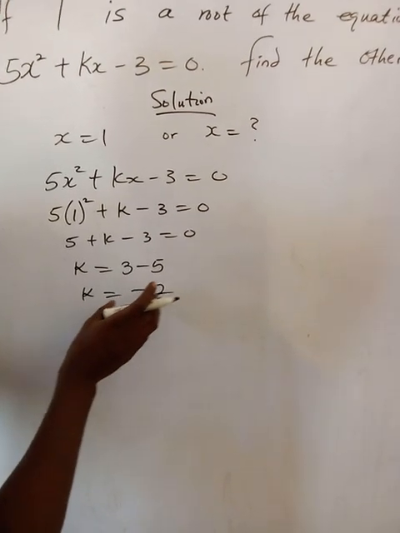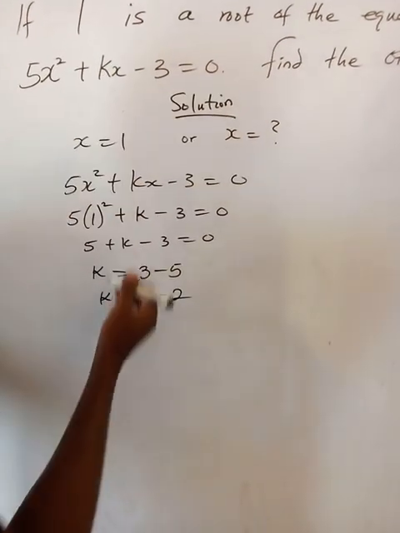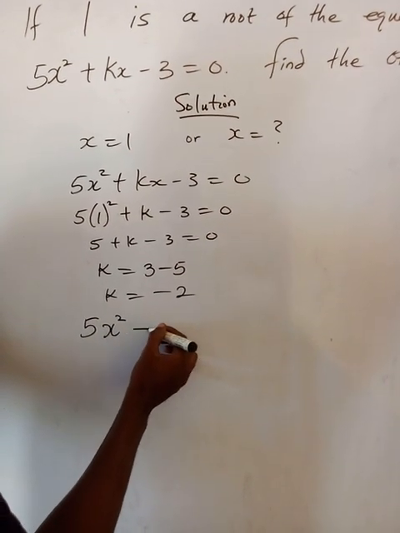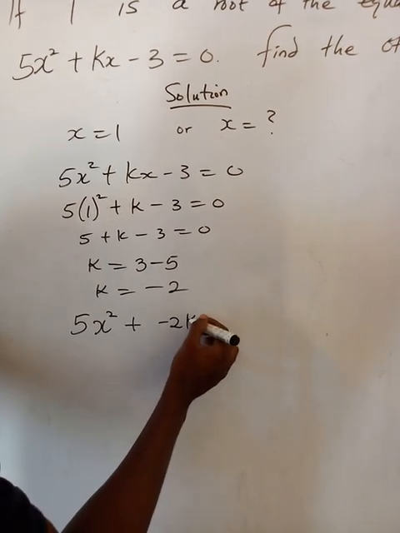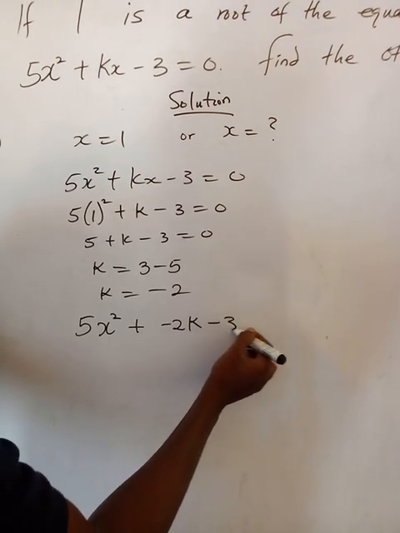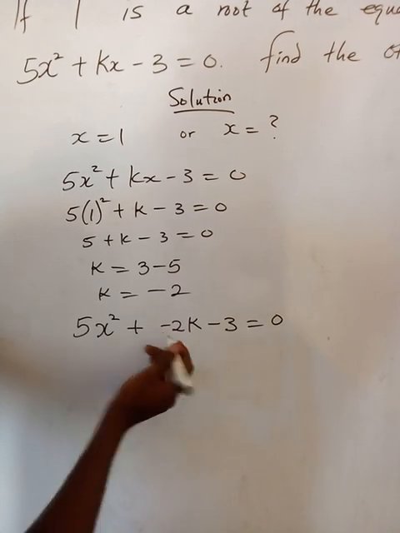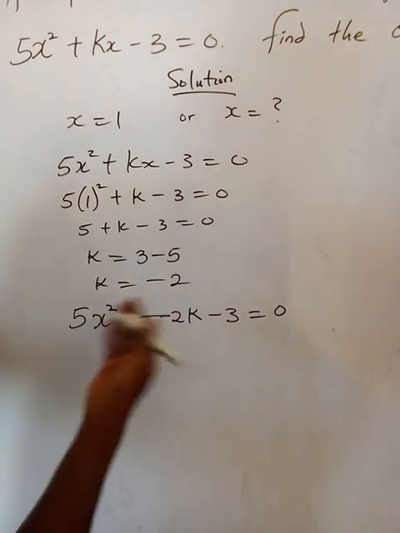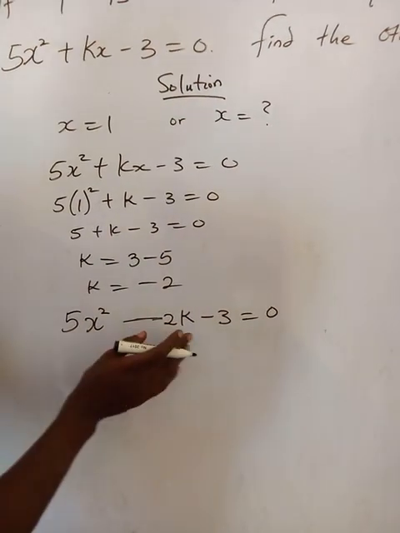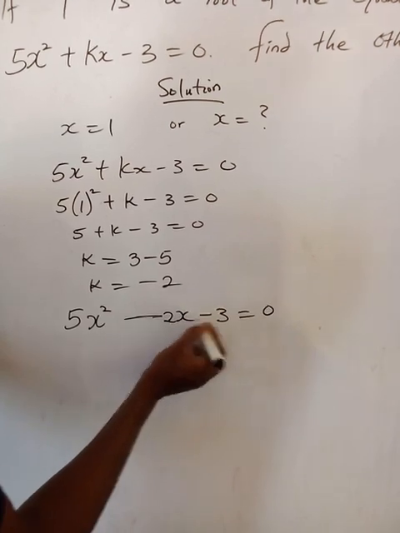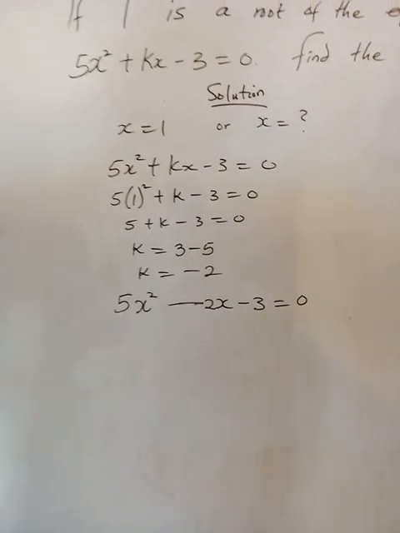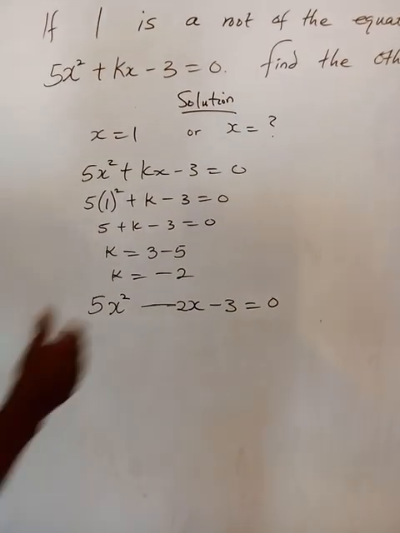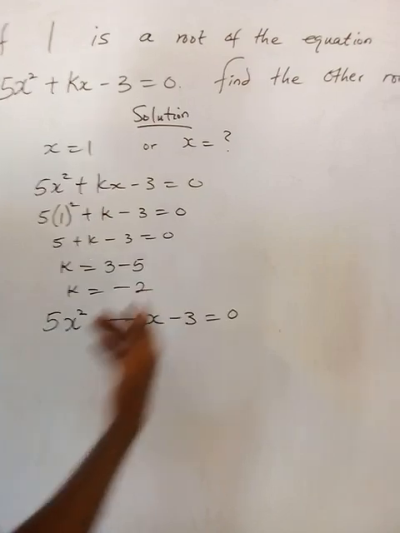We can now substitute this k into the quadratic equation, so that we shall have 5x squared plus minus 2 times x, then minus 3 equals 0. Plus and minus, of course, minus will stand. So what we have is 5x squared minus 2x minus 3 equals 0. We just substituted the value of k into this equation. So to get the second root, which is the other root we are looking for, is